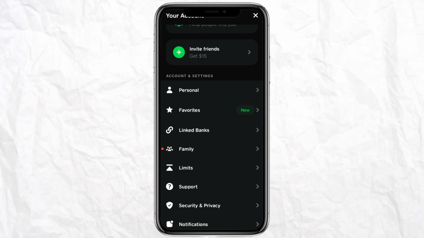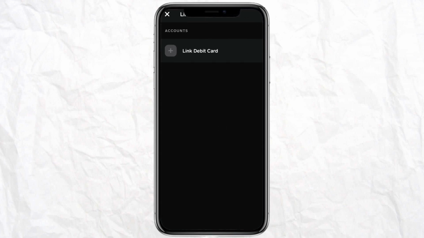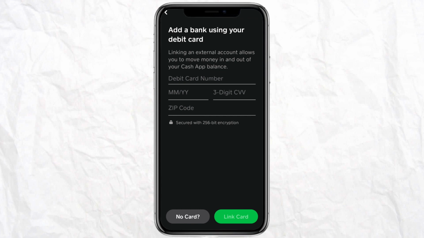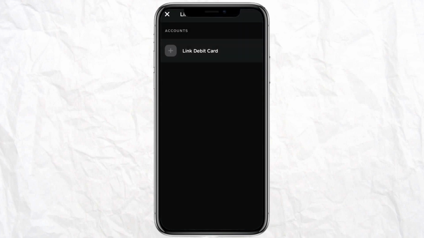Here you will see this option called link debit card. Just click on it, and here you will see this page where you have to fill all your card details. And once you fill all the details right here, just click on link card. Once you click on link card, your debit card will be linked to the Cash App and so your bank